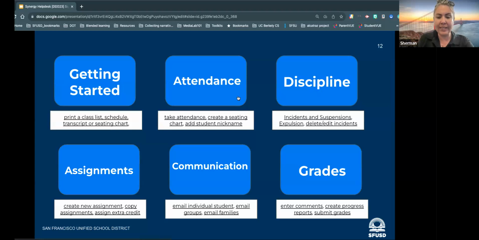So each one of these is linked to toolkits. So that was my teachers. My teachers who want to know their attendance, all of this is going to take you to an external toolkit, which has videos and one sheets on how do I take attendance, enter grades, and so on. So this slide deck, if you will, download it, bookmark it, because you're going to want to go back to